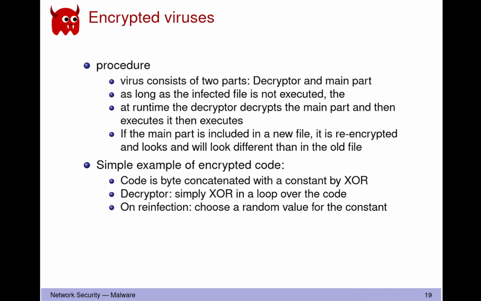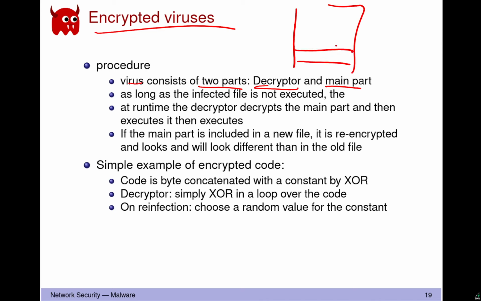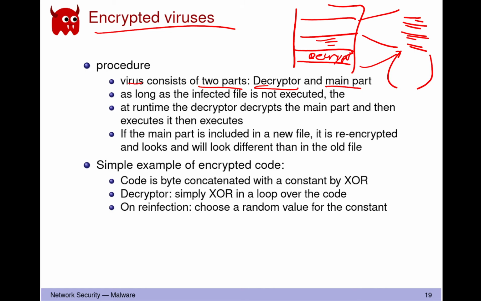So what you could do is to encrypt viruses. So what you do is you have two parts, the decryptor and the main part. Basically, in the example before, you had a very small code, that's a decryptor. You had the data part, which can be quite long, and this is all encrypted. So if the antivirus scanner looks at it, it's just random data. There are no patterns. It's encrypted. So it cannot identify any kind of malicious instructions because it's encrypted. And then once the code reaches your decryptor, you can basically decrypt it during the runtime, copy it somewhere, and